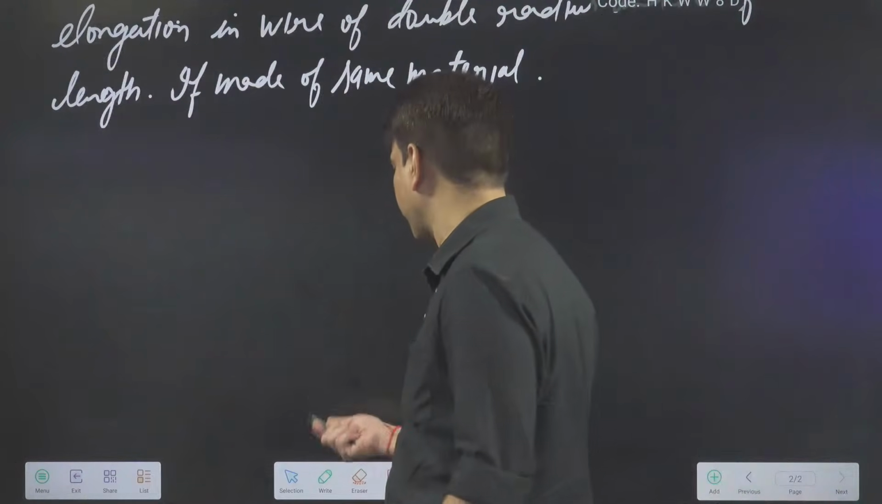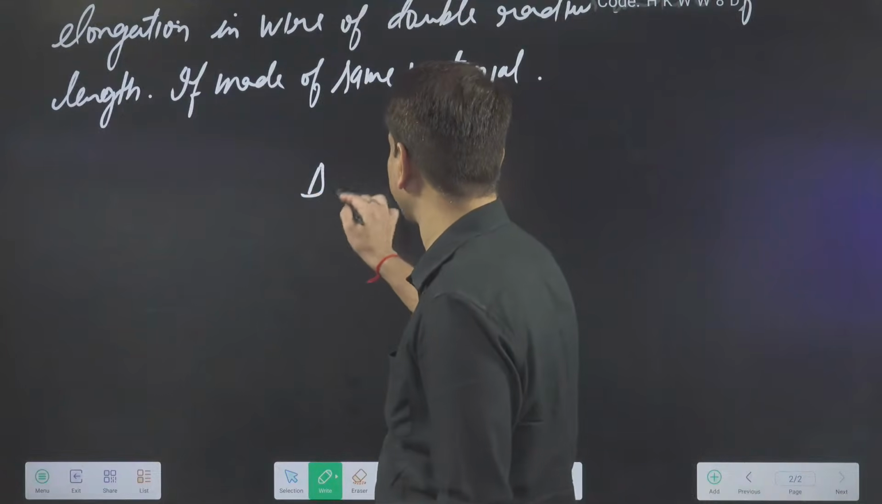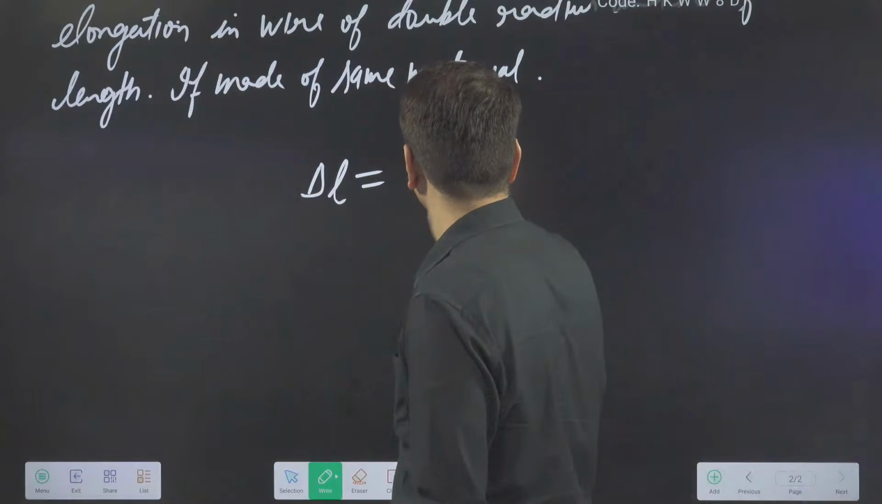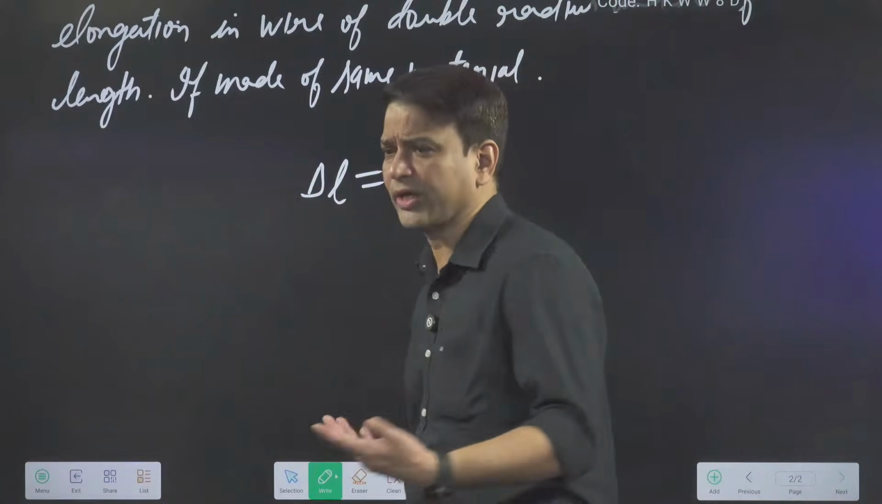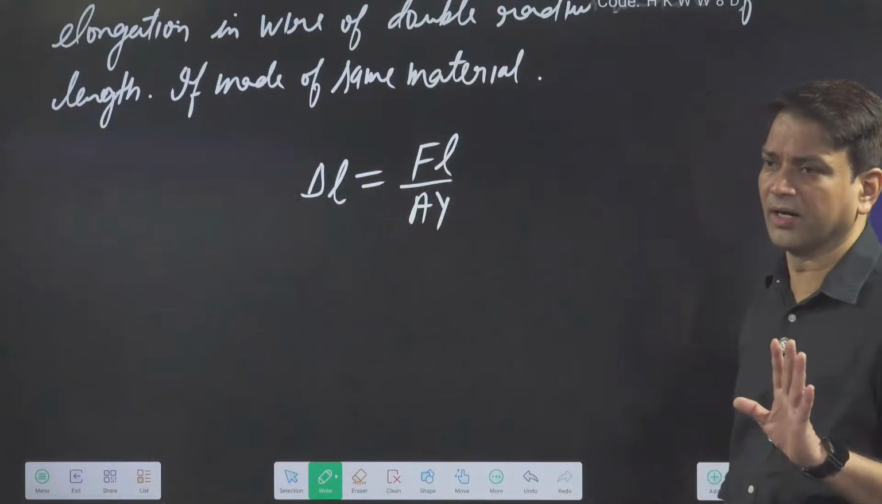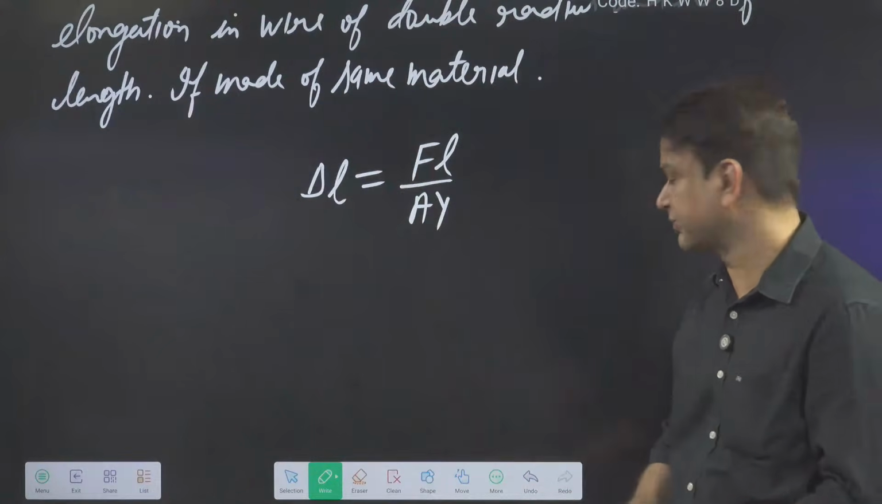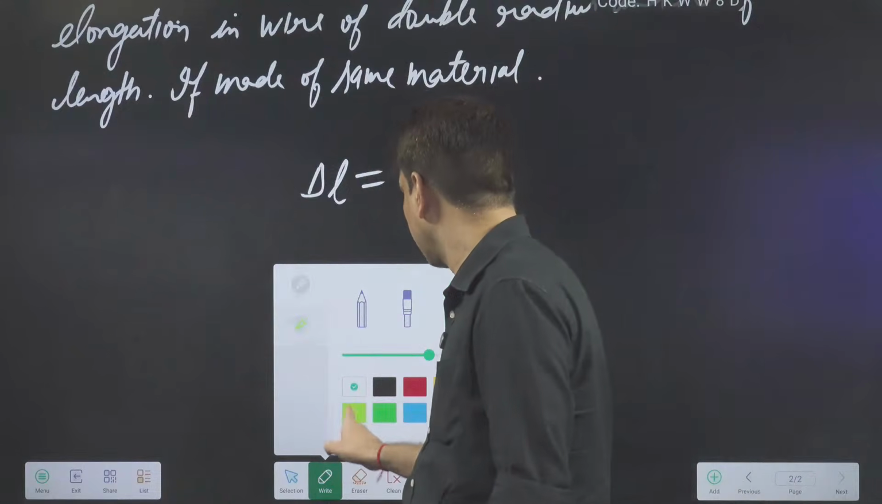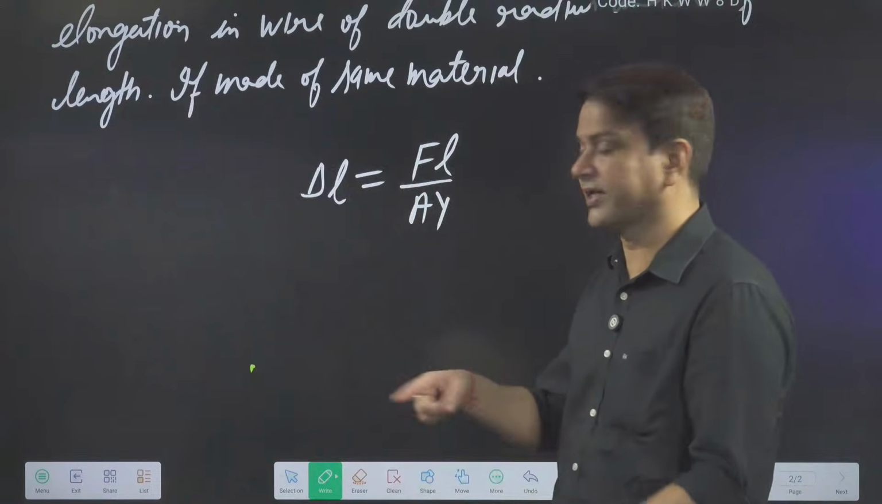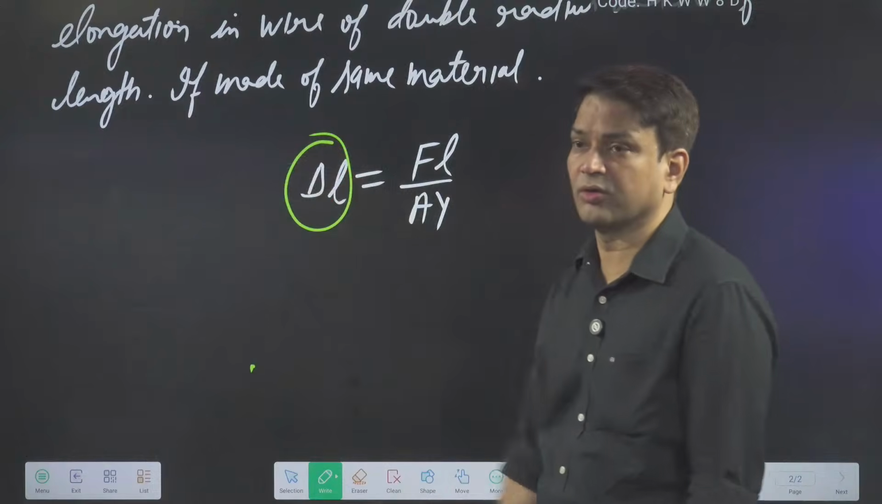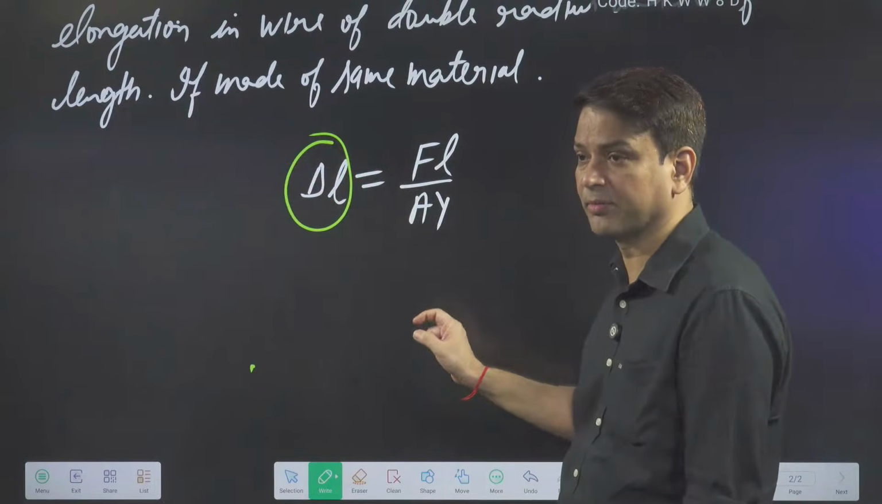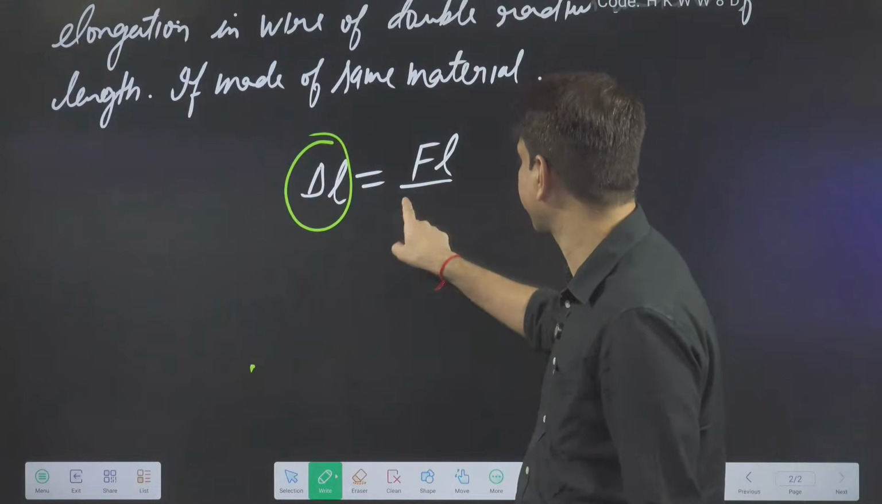So we will use this formula. Either you can use the elongation delta L is equal to FL upon AY, or anyone you will learn, the other we can get from that. Okay, so suppose I am using this formula. In that, which quantities are the same? I need the same elongation. Everybody getting? Here radius is given, so area I can say is pi